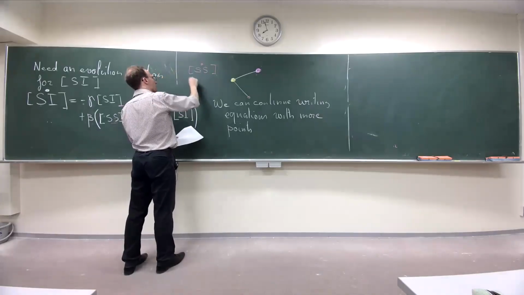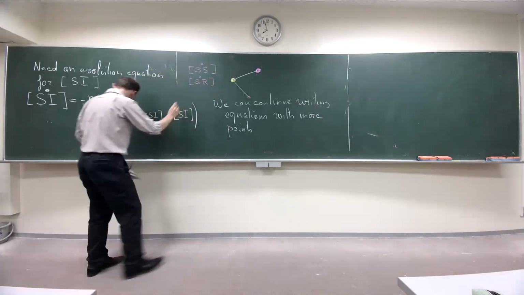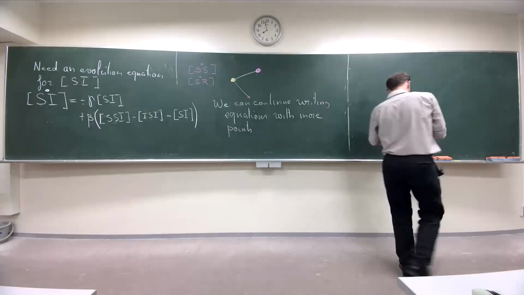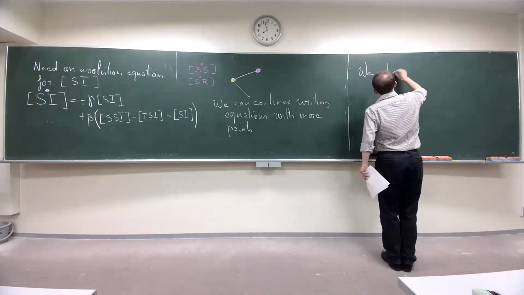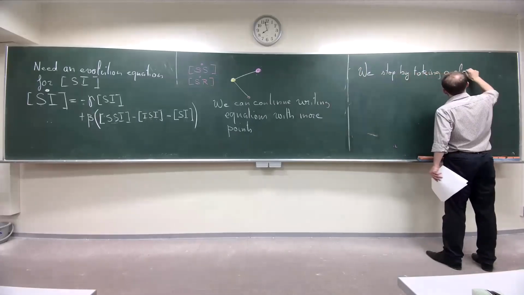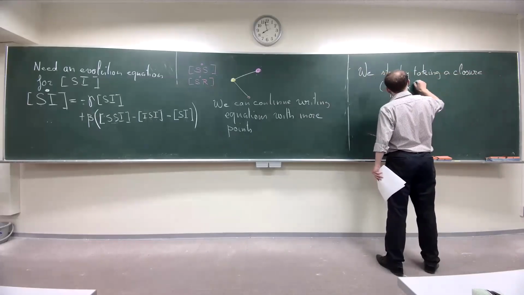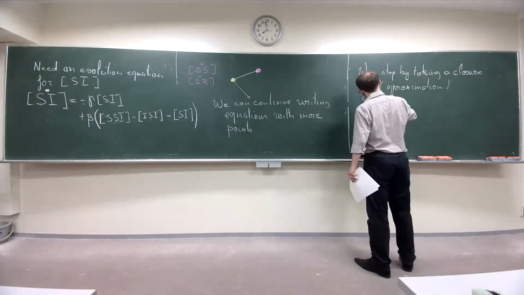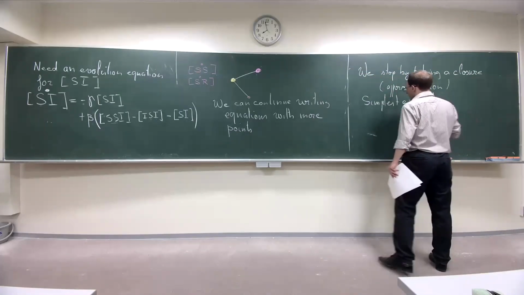What is the variation for SR? You can write all these equations, and it's not difficult. You just need to think about what can happen. But how do you stop? We stop by what is called taking a closure. Taking a closure means it's an approximation. At a certain point, you do an approximation. And the simplest example of closure is the following one.